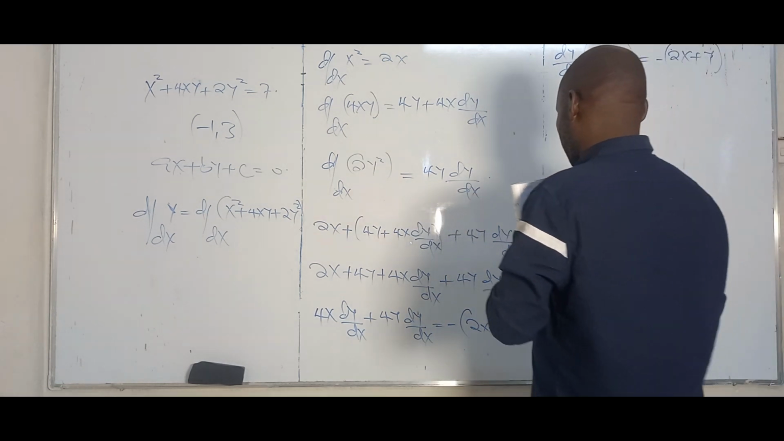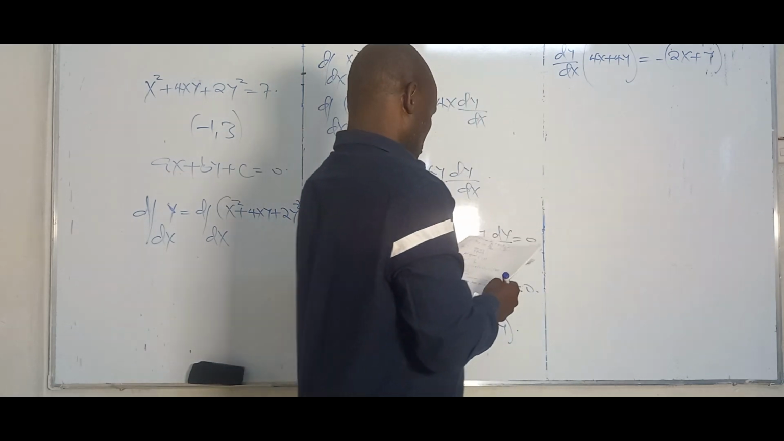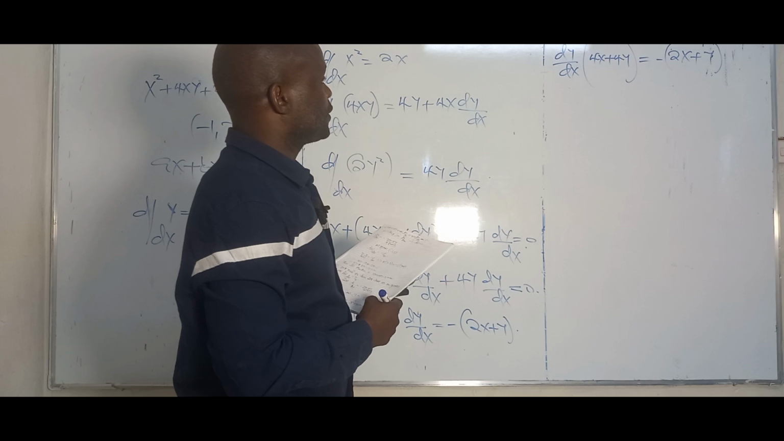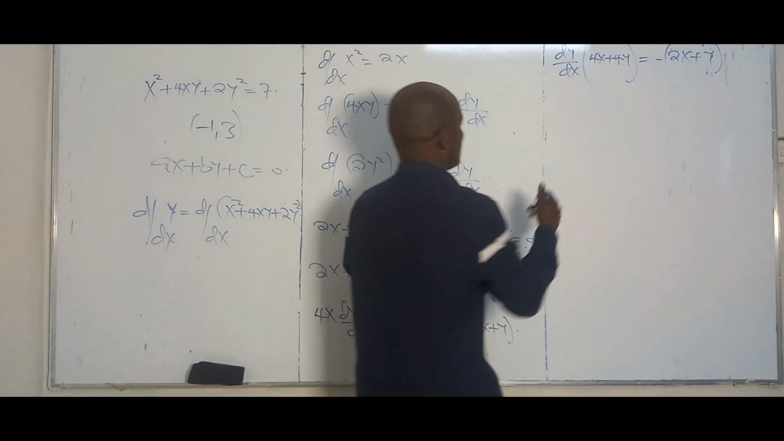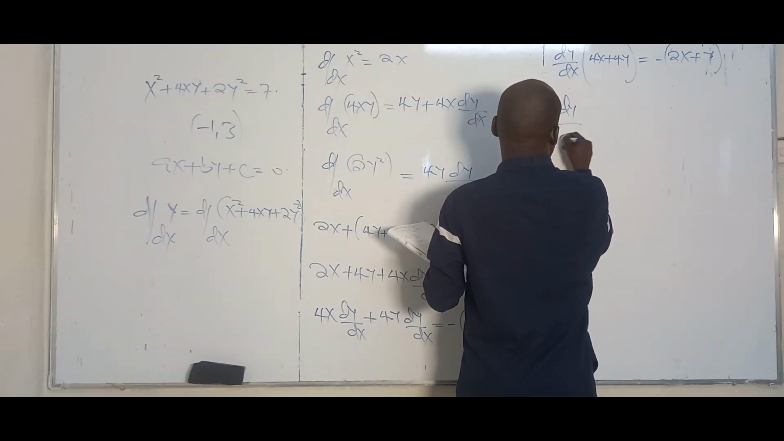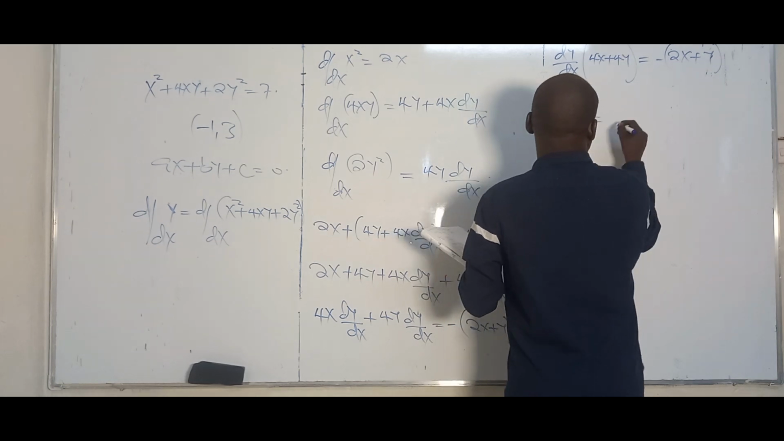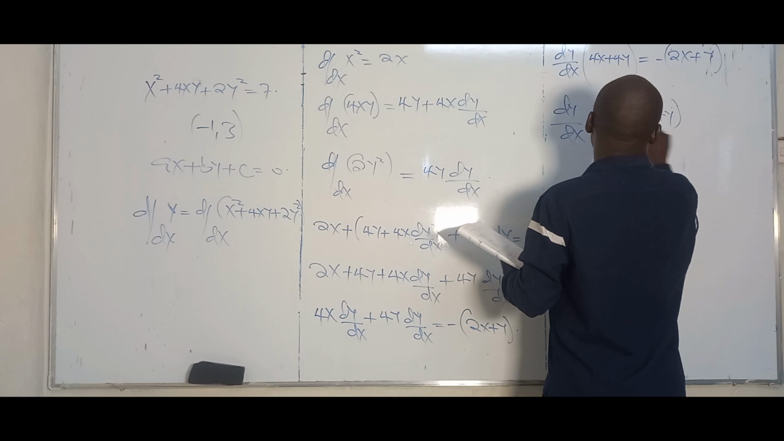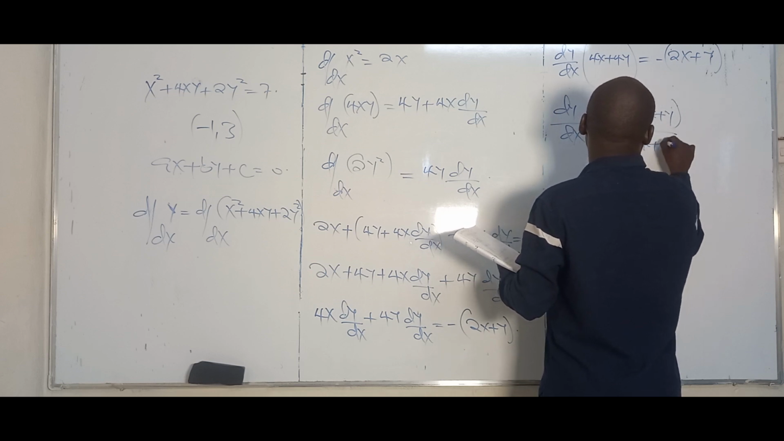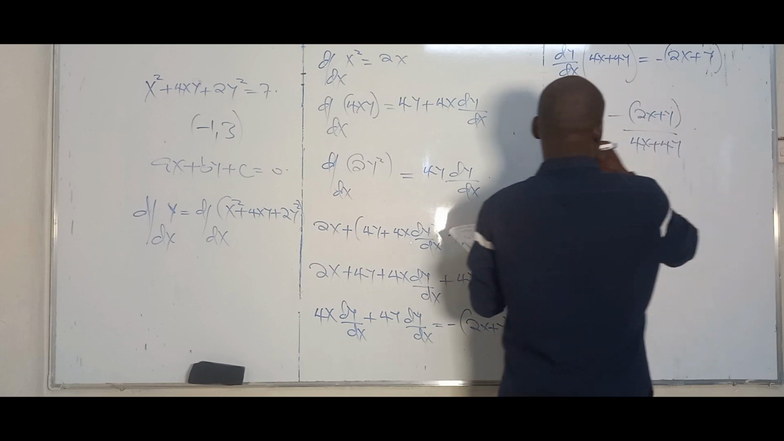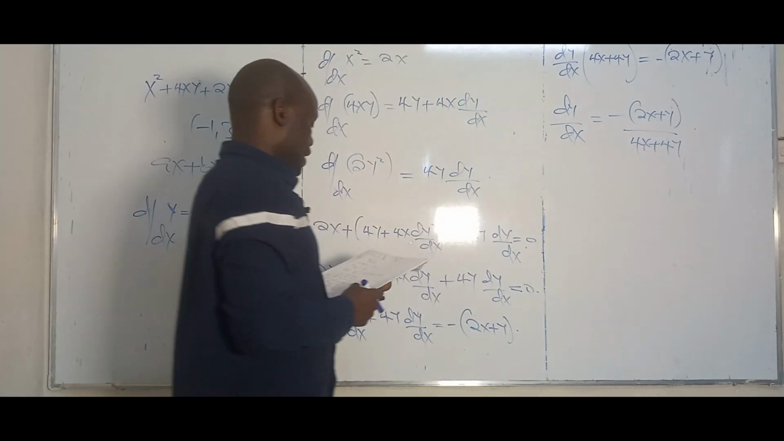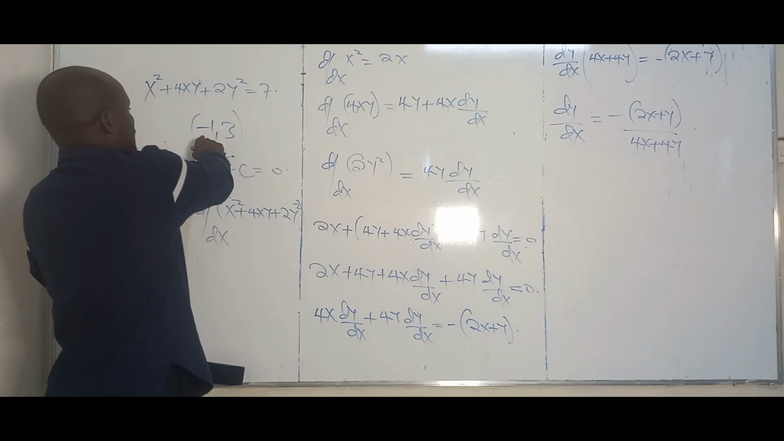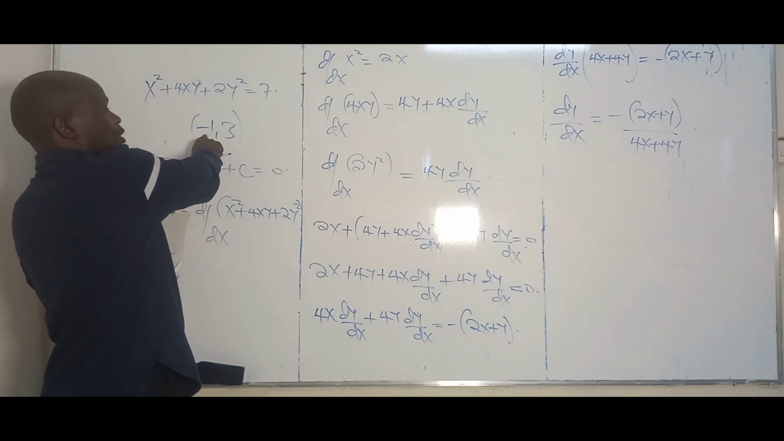Minus 2x plus y as such. So what I will end up with is that dy/dx is minus (2x plus y) over (4x plus 4y). That's dy/dx. And that being so, at the point (-1, 3), we have x to be -1 and